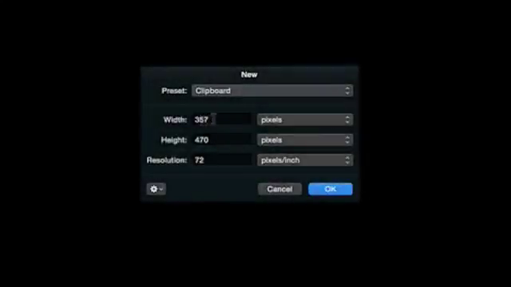So to make a generic background size, I'm going to choose 1900 in width and 1200 in height. And this is very generic and it will fit most screens. Click OK. Okay, so once we're in Pixelmator like this, if you maximize your screen, the work area like this